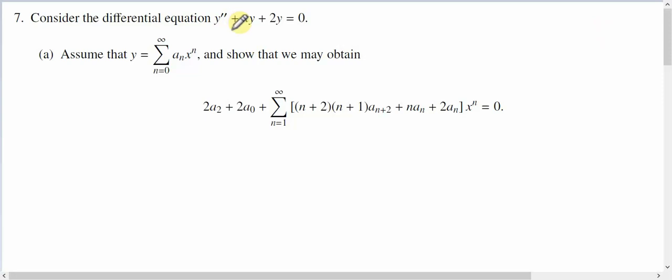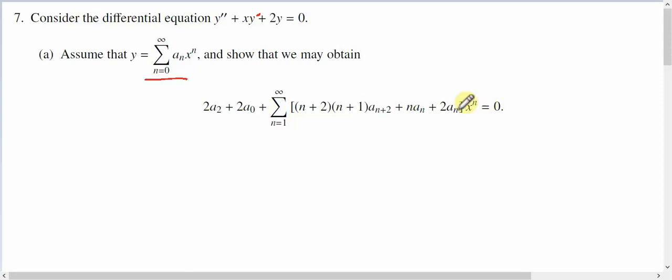Here we have a differential equation with non-constant coefficient on one of the terms, and that's supposed to be a y prime there. I'll be sure and correct that for you. And we want to, assuming that this is our solution, a power series solution, we want to show that we